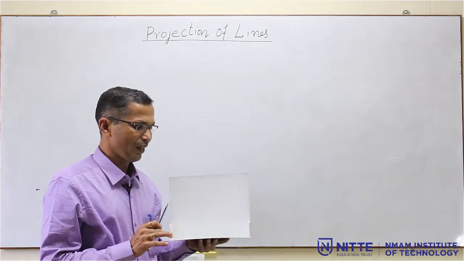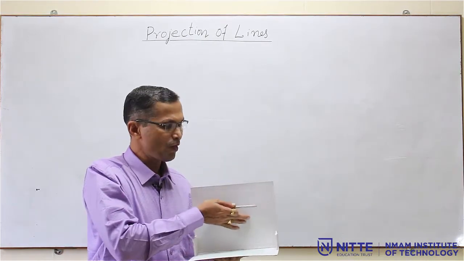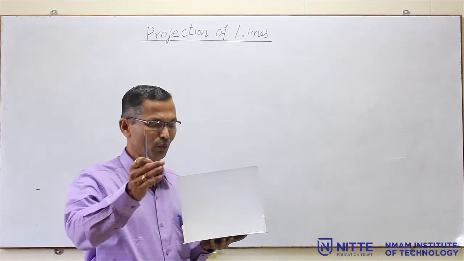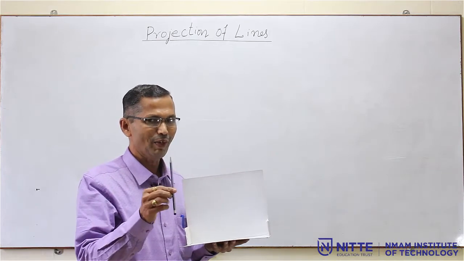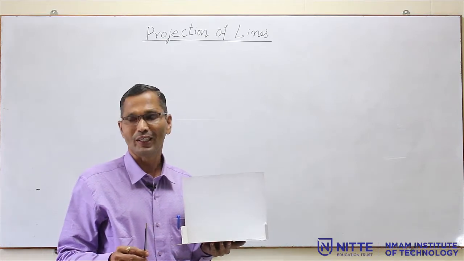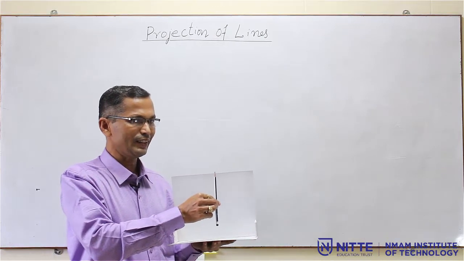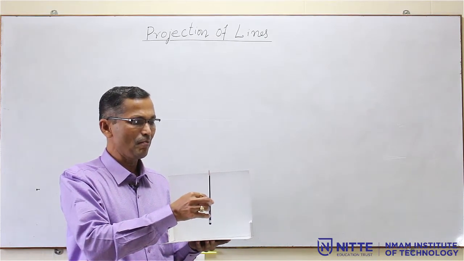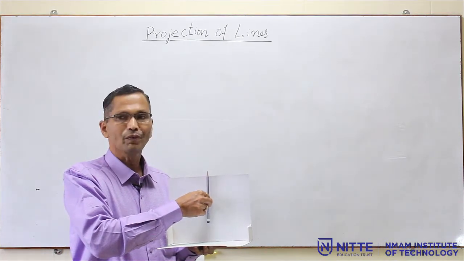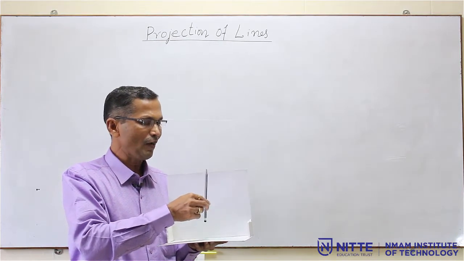Now with reference to this quadrant, this is the first quadrant, you can see here, this is the horizontal plane and this is the vertical plane, HP and VP. With reference to this, to the observer, this particular straight line I can place in this first quadrant in different orientations. This is the first condition. What is this condition? Now the straight line AB is perpendicular to HP and parallel to VP. So that is the first condition, perpendicular to HP and parallel to VP.